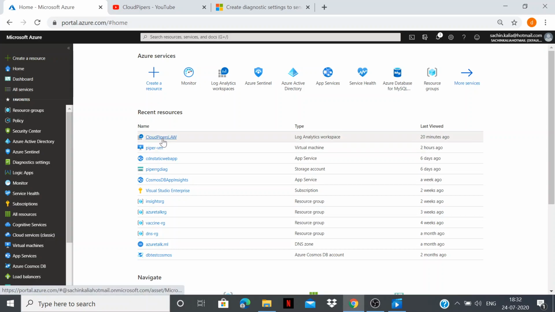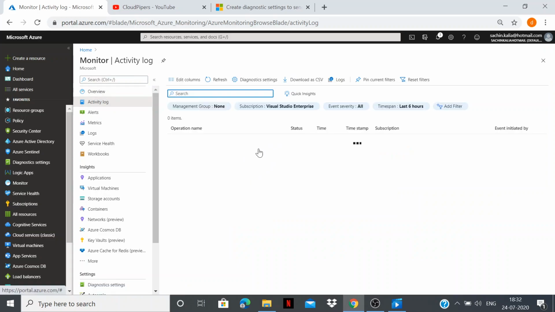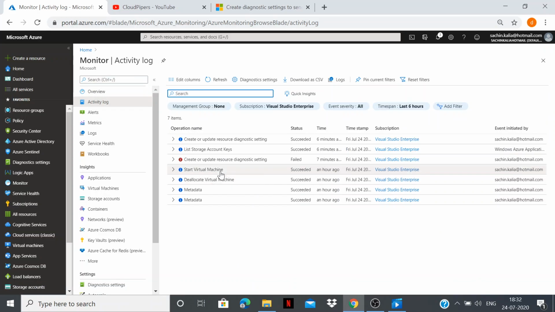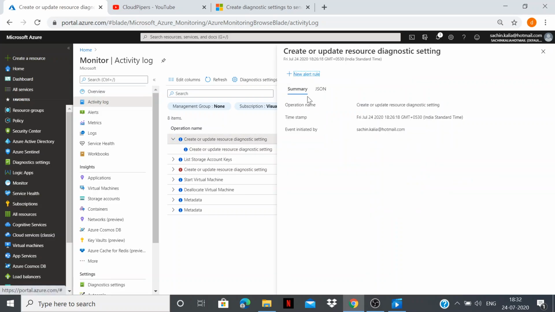Prior to this, let me go to Monitor and identify whether we have any activity log. Yes, as you can see, we have certain logs. Once I click on this, this is the summary: operation time, create or update resource diagnostic settings.